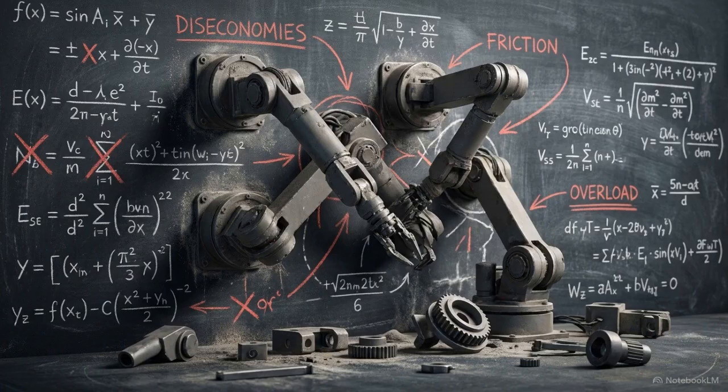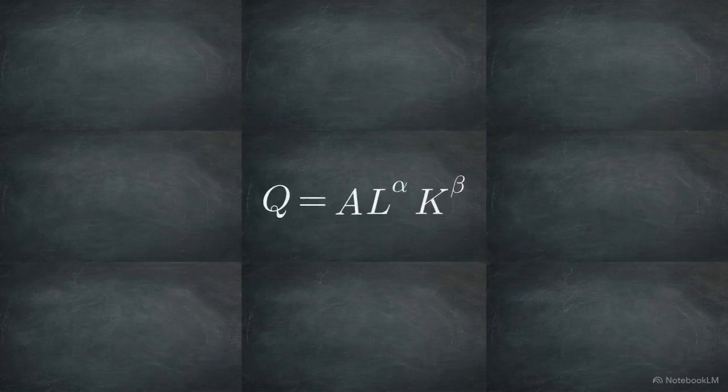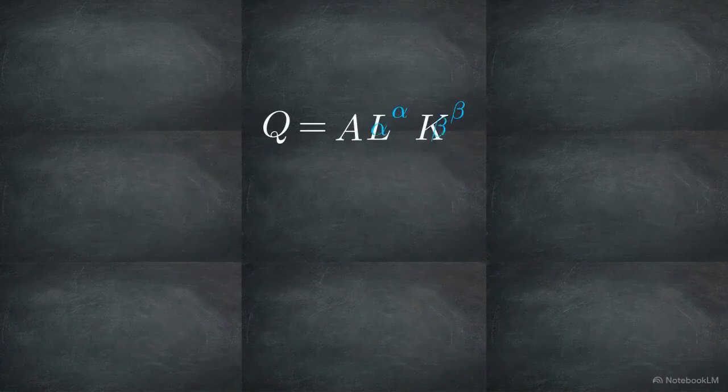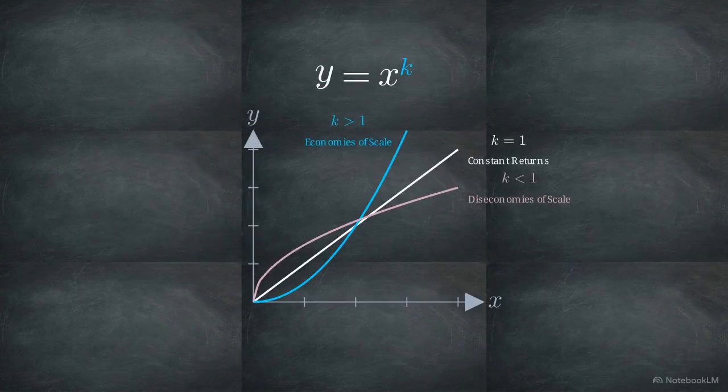But if the sum is less than 1, you have friction. The system suffers from diseconomies of scale. Physical drag or administrative bloat means every new unit of input yields diminishing returns. We can simplify this sum of elasticities by labeling it as a single general exponent, K. This transitions the concept out of classical economics and into a universal power law parameter.